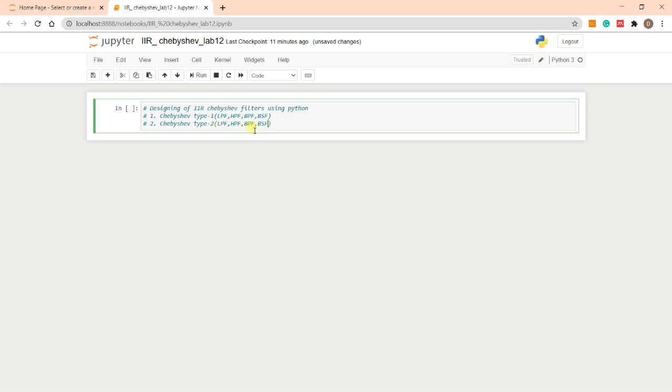Okay, so we are going to design the Chebyshev type 1 and Chebyshev type 2 for the